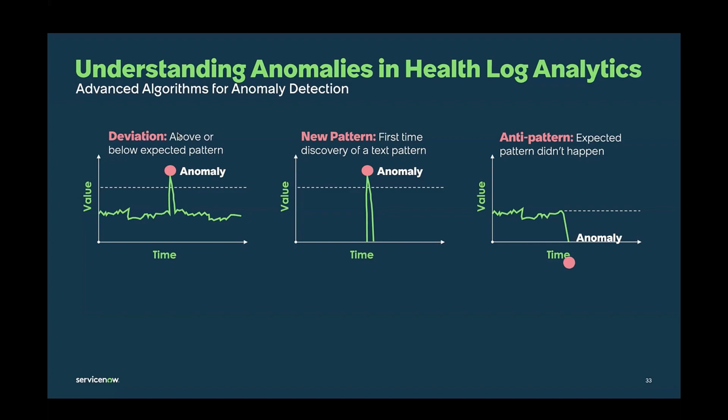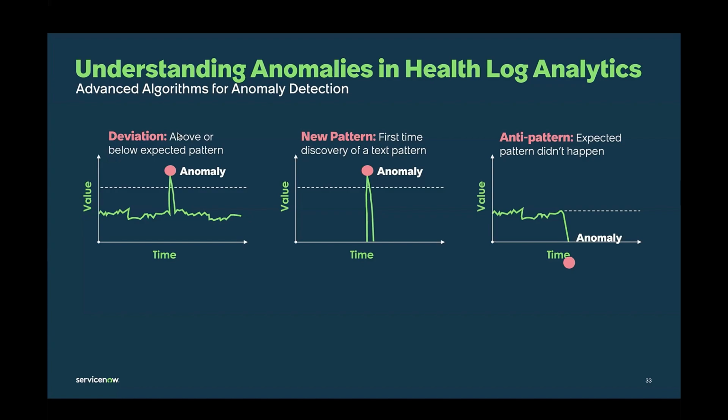The next one is new pattern. This is when a new log message structure or text appears for the first time. For example, let's say we suddenly see errors for user Dan and Joe unable to authenticate. That exact message has never occurred before. This could be an indicator of a new application outage or a failure path we haven't seen before. HLA uses engines like Holmes and ELSA to recognize new log structures and classify them as emergent